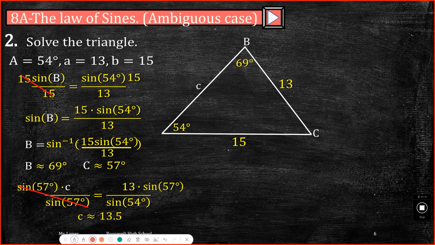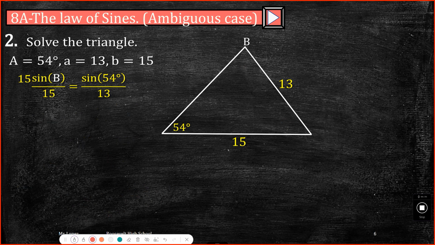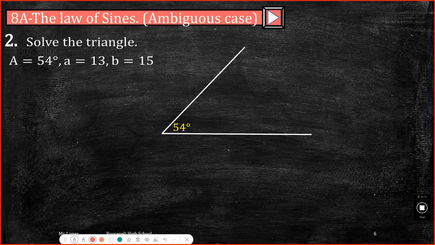All right. So now why is this ambiguous? Here's the reason why it's ambiguous. I didn't have to draw it like that. I could actually make another triangle based off of the given information. I could have drawn it like this. I think you're going to get the idea why you could have drawn it this other way. If this is 54 degrees still, and I know that